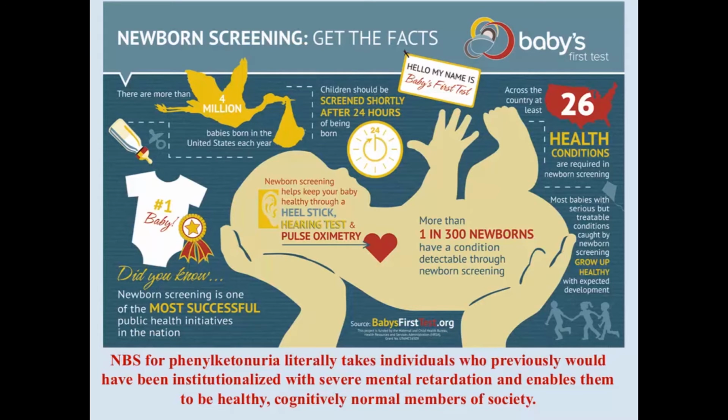Depending on how tight an individual's control is with their diet, there can still be some learning delays, and there are several studies that have looked at the degrees of IQ that will drop if your levels are X for whatever period of time. Typically, the normal levels of Phe that we like to have in phenylketonuria are 3 to maybe 5, but some people live with levels of 14 if they don't adhere to the diet, but that doesn't mean that they're going to die the next day. But there may be significant learning differences.